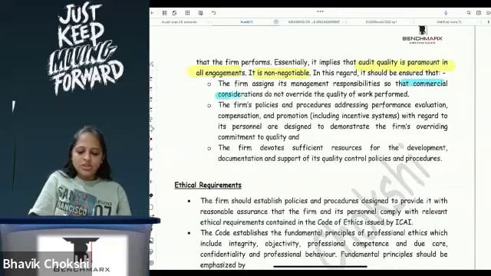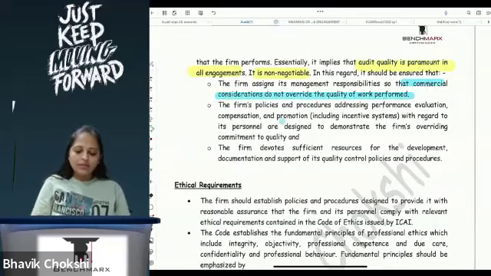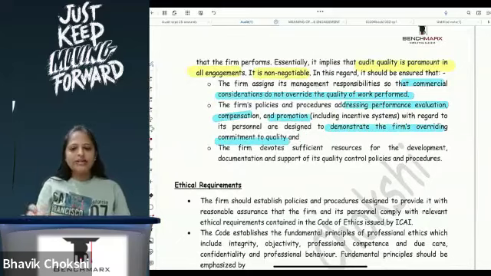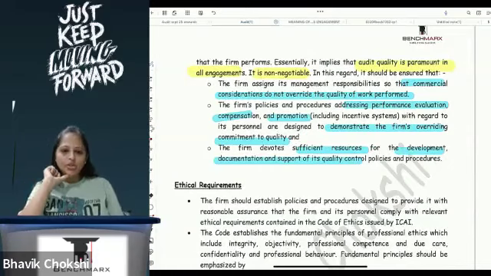commercial considerations do not override the quality of work performed. The firm's policies and procedures addressing performance evaluation, compensation and promotion are designed to demonstrate the firm's overriding commitment to quality. And third, it says that it has sufficient resources for the development, documentation and support of quality control. So it is saying the first thing that I have to ensure as